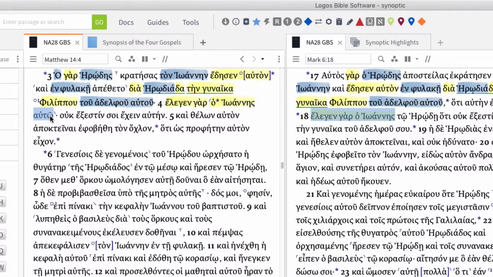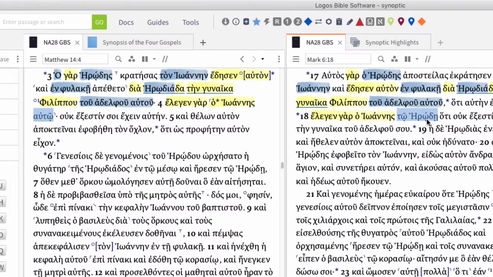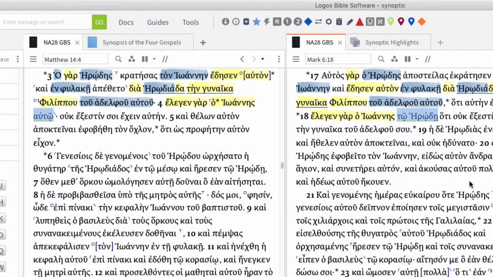And here, auto in Matthew, I'm going to underline that because we find it's equivalent to Herode in Mark. And again, you could have decided perhaps to just highlight the toe of